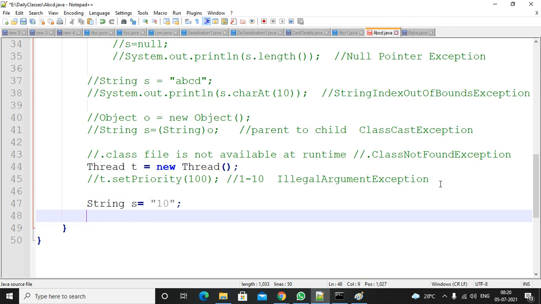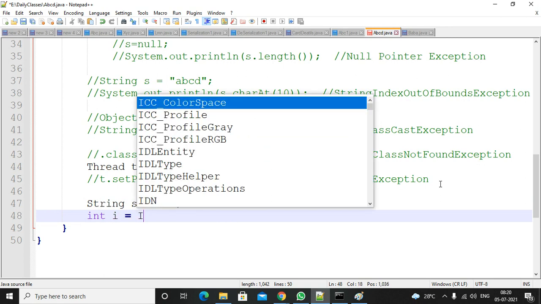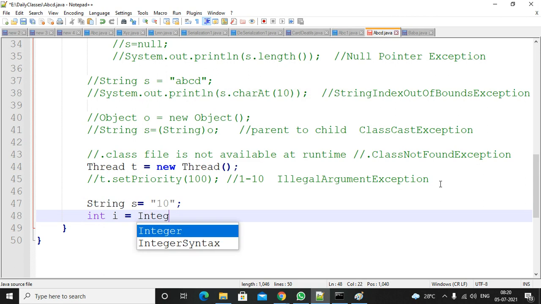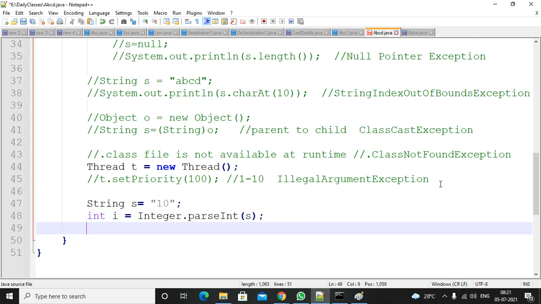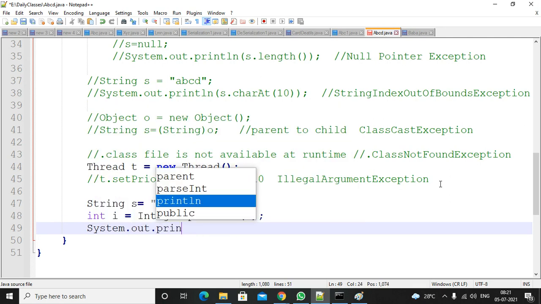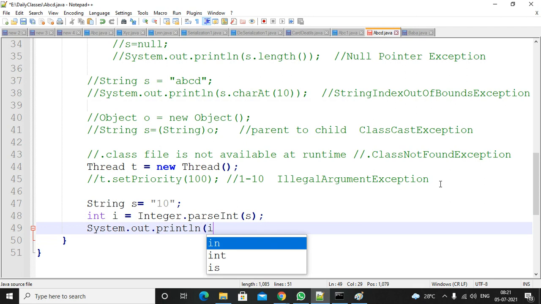If you want to convert the string to an integer, you can take an integer variable. There is a wrapper class, the Integer class, and in that there is the parseInt method. If you pass a string to the parseInt method, the string will be converted into an integer. If you print the i value, it will print 10.